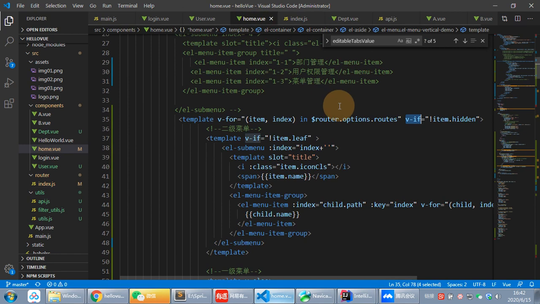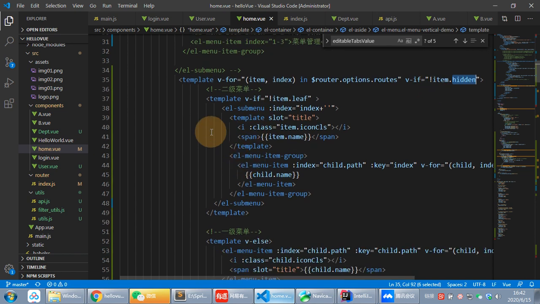So in the home, I just judge whether the item's hidden exists. If it doesn't exist, then visit every item,